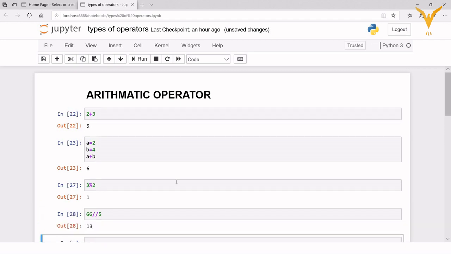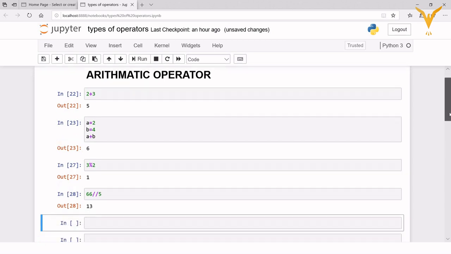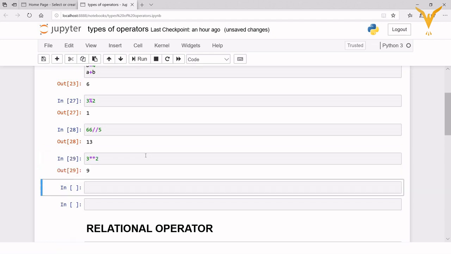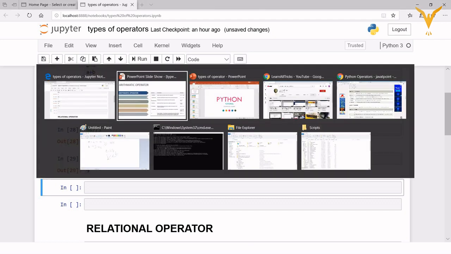As you have seen here, the decimal points have been neglected or removed. Then we have exponent operator. Exponent operator is used to calculate the power of a number. So here 3 raised to 2, I can calculate, so it will give me 9. So these were some of the arithmetic operators.